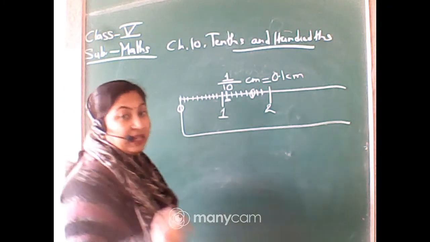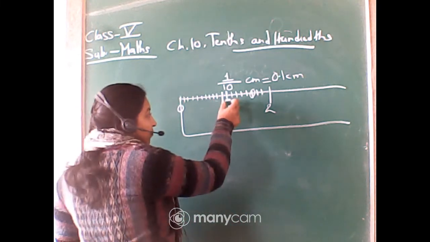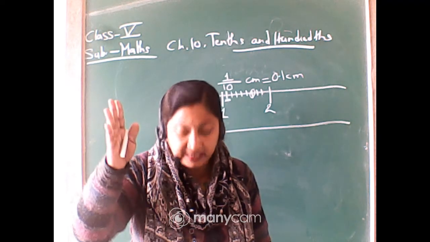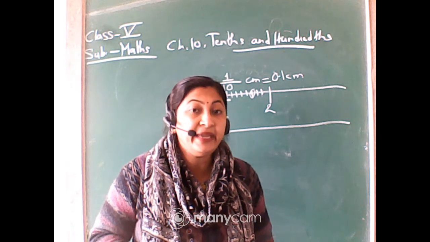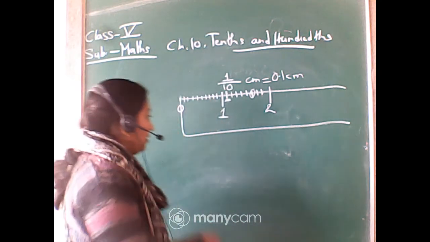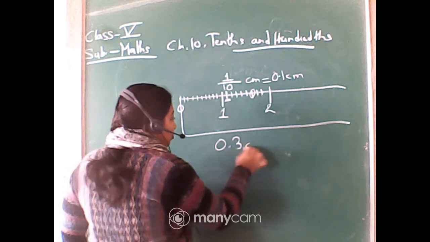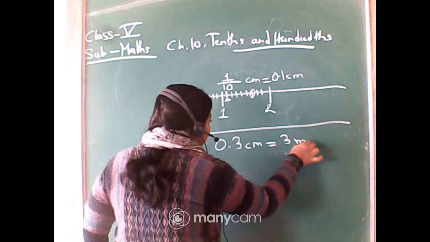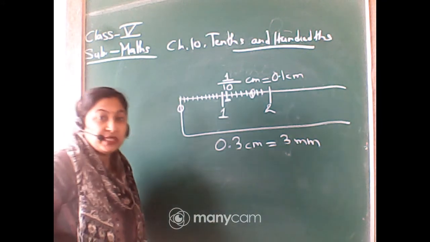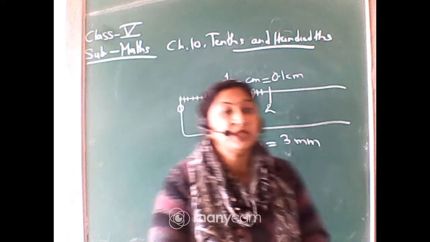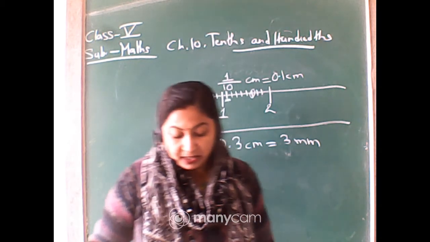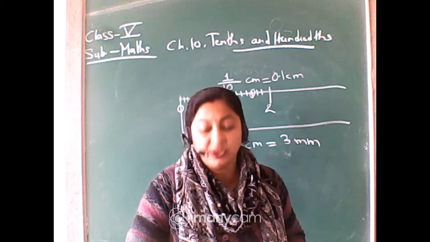But in the case of the ant, it is starting from 1. See, the ant is starting from 1 and the ending is at 3. That's why it is 0.3 centimeter or 3 millimeter. The length of the ant is 0.3 centimeter or only 3 millimeter. Clear? Because the starting point is from 1, it is not from 0. So from wherever it is starting, you will take it as 0. So it is 3 mm or 0.3 centimeter.